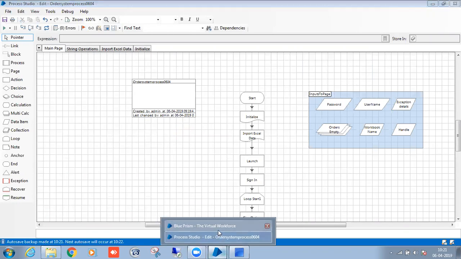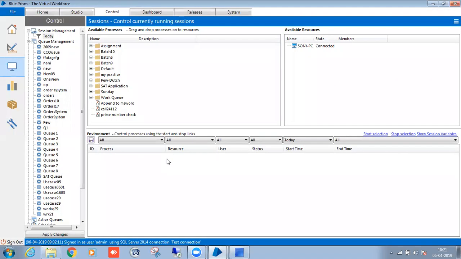The developer won't do the scheduling; he will just do the developer run. He develops the process and releases it. Separate people, the bot controllers, will be there for every company from the client side, and they handle the scheduling. How many times and how many runs they have to schedule, they have the details and they do it.